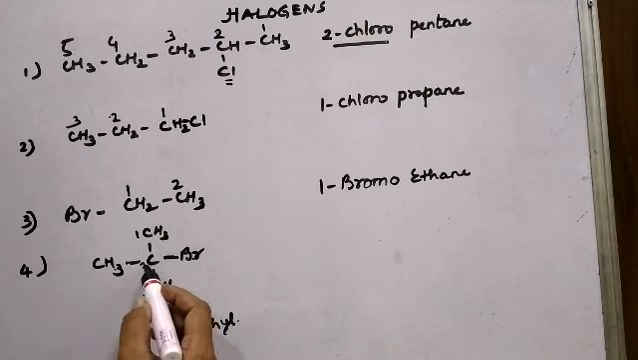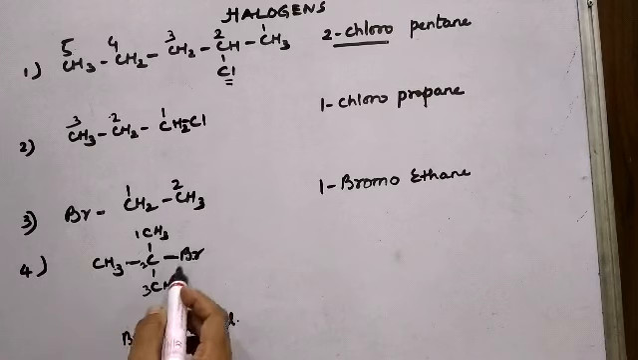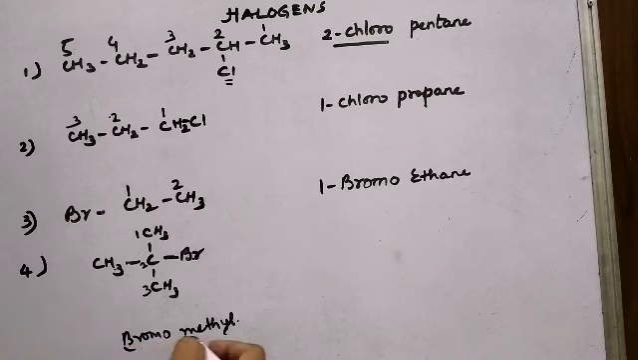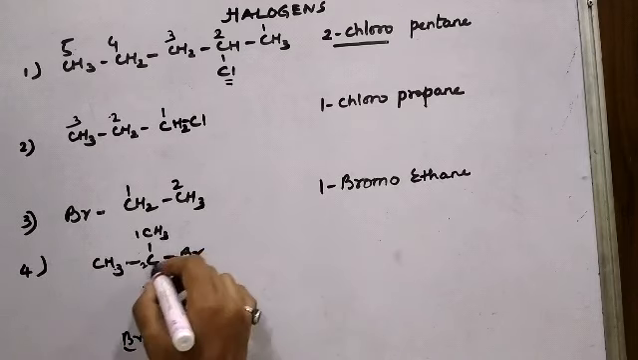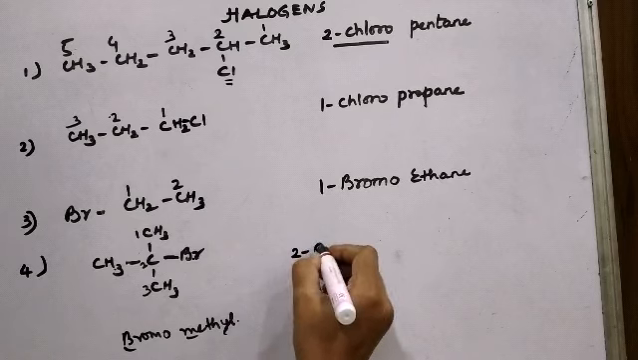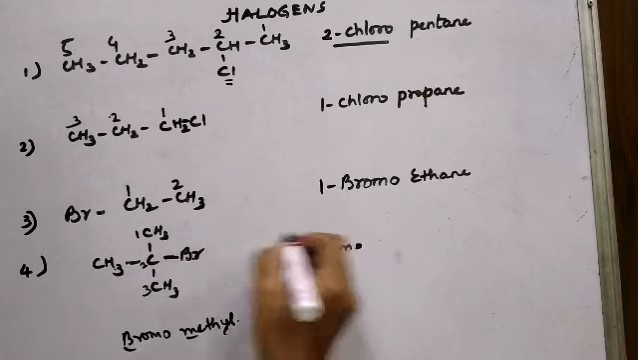So what is the position of bromo group? 2. What is the position of methyl group? 2. So when we write bromo and methyl, B comes first, M comes later in the alphabetic order. Therefore, when we write down the IUPAC name of this compound, it will be 2 bromo, 2 methyl,